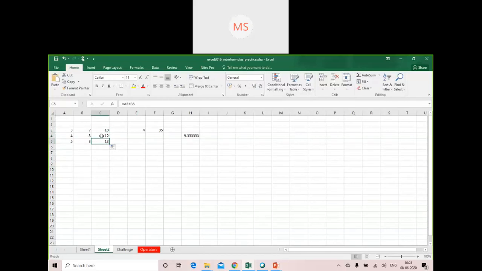So this type of cell referencing is known as relative cell referencing. It is by default available in Excel wherever you use referencing. There are two types of cell referencing: one is absolute and the other is relative.